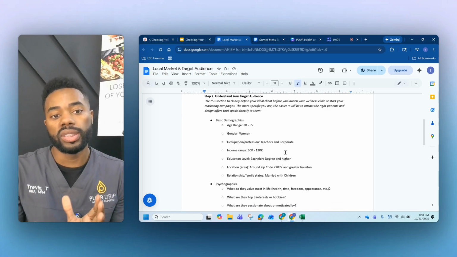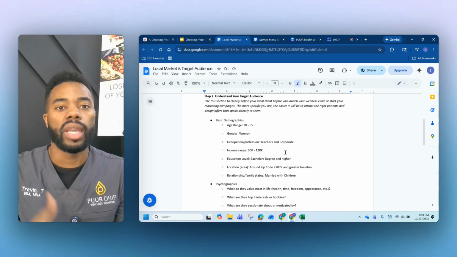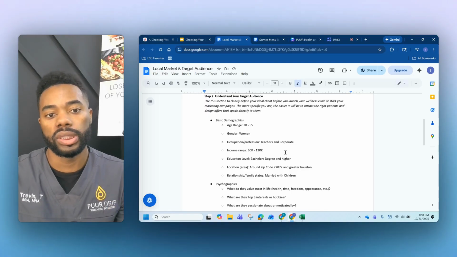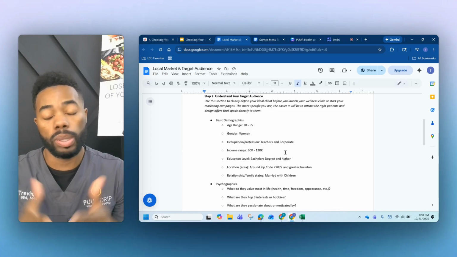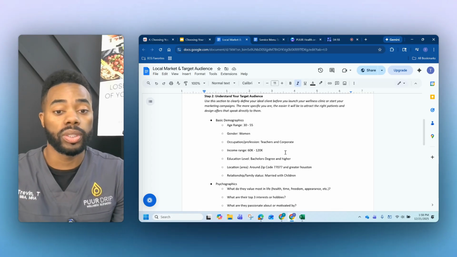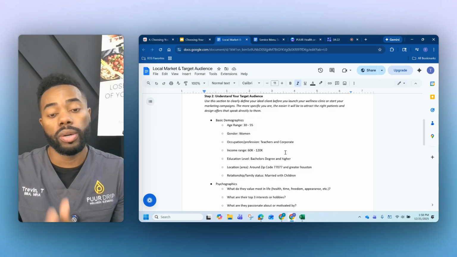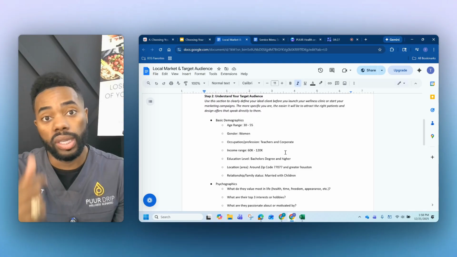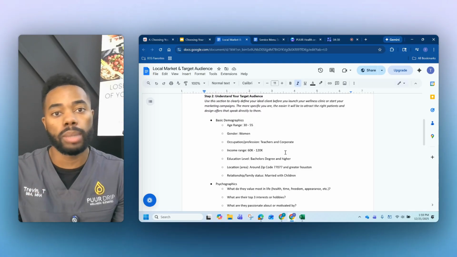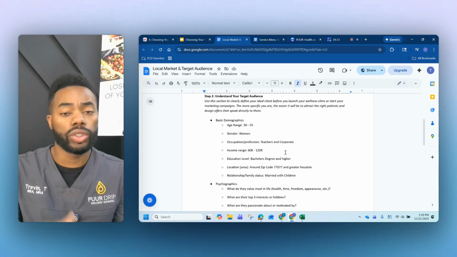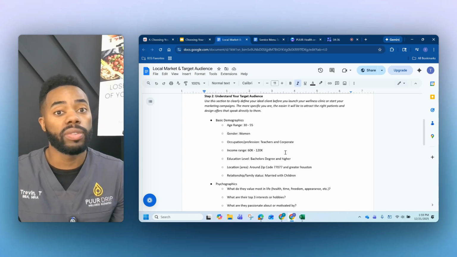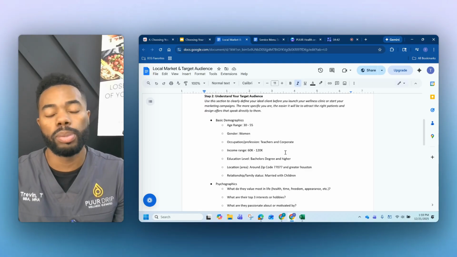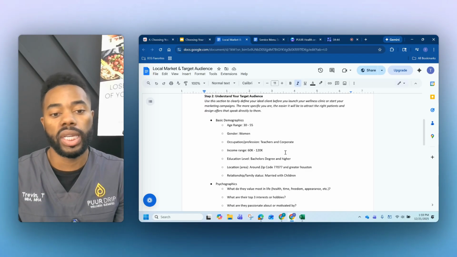And so again, this gives me a sense, for instance, when I'm building out ads and I go into Facebook ads and I have to set my parameters around who I want to target. I know to set my age range in this range, maybe a little broader. I know a lot of times to just focus on women only. I know what interests to put in there. Okay, teachers, corporate America, what are they into? I can actually select the income ranges in there, maybe top 10, 20%, maybe top 10% for the area. And then also where I should set my location, because I have a very good sense around who my target audience is. So that makes sure whatever ads I run are applied to the people who are most likely going to appreciate them.